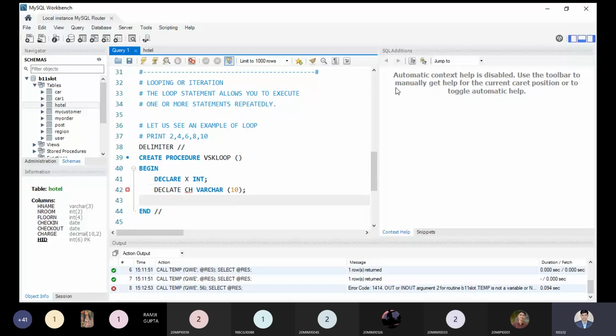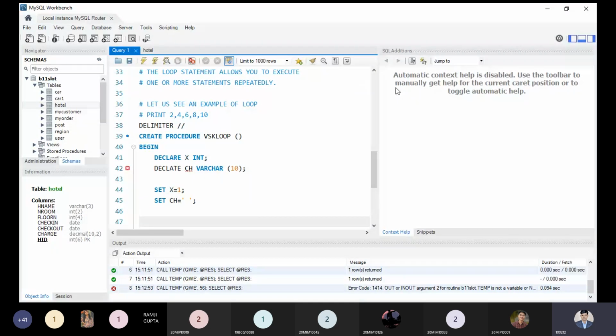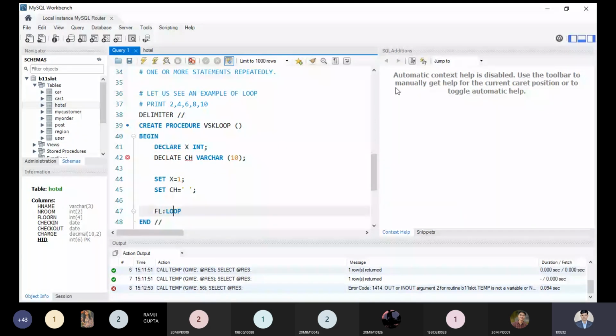I'm initializing the x value equal to 1. That ch value by default I'm taking as a space. By default it does not contain any value, but as an initialization I'm taking the space. So I have to use a loop keyword. Before that I told you we have to use its prefix part, that is a label, FL. FL loop I'm taking over here, and the end loop is also required. Inside this loop, we will write something that will be the part of our loop structure.